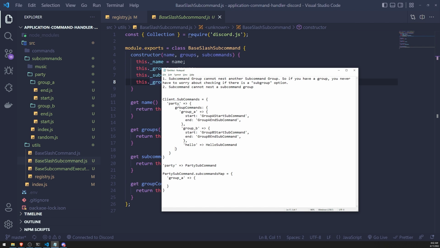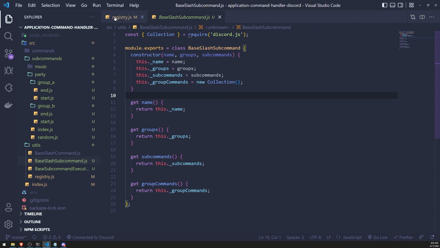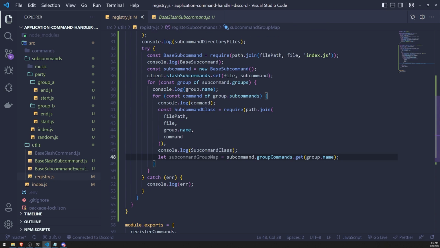Okay, so this is what that group commands property would look like, right? So we reference .groupCommands, and this is going to give us the actual map that will map all of the groups and its subcommands for us. Okay, so we're going to get the actual map,